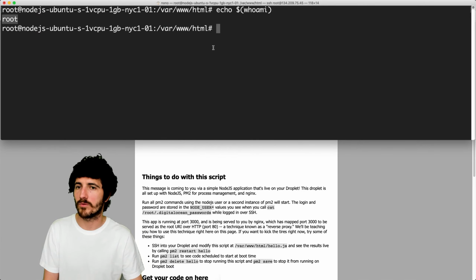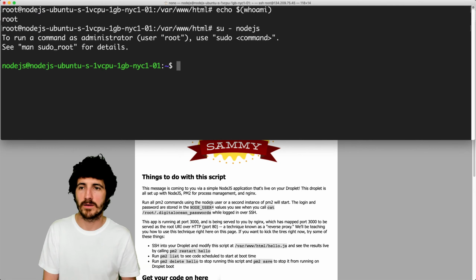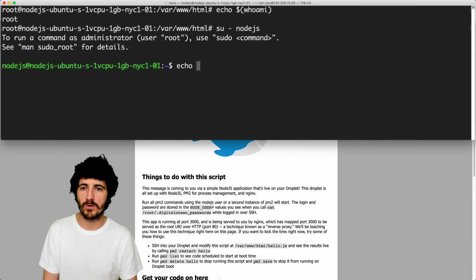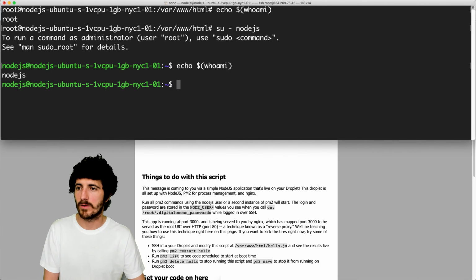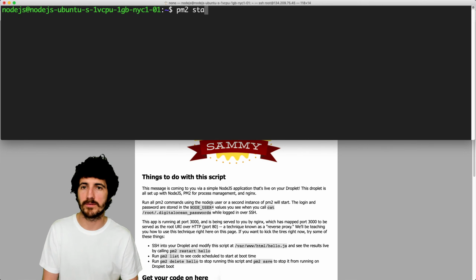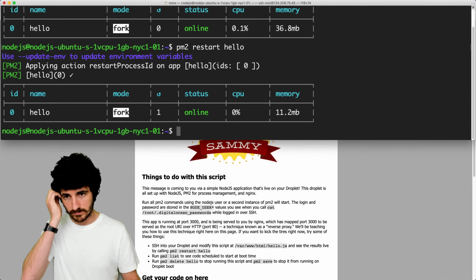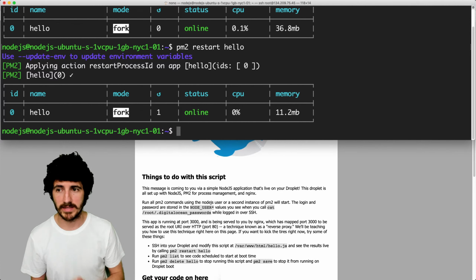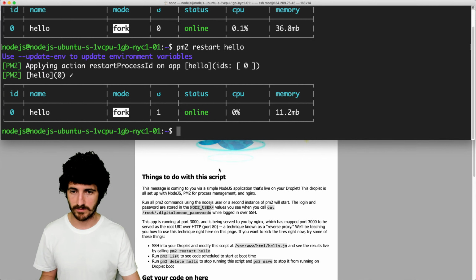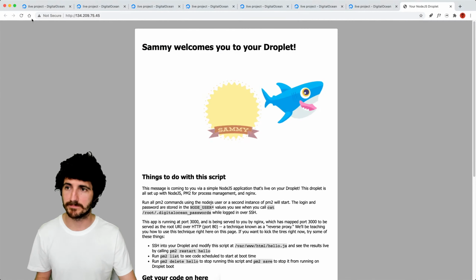But if I switch to the Node.js user and run echo whoami again, then we're the Node.js user. And PM2 all comes by default, installed on that system.